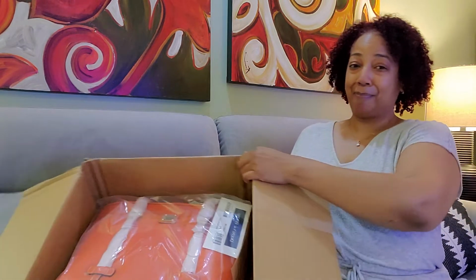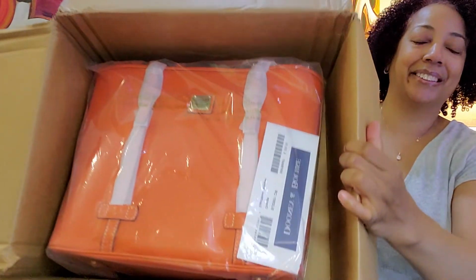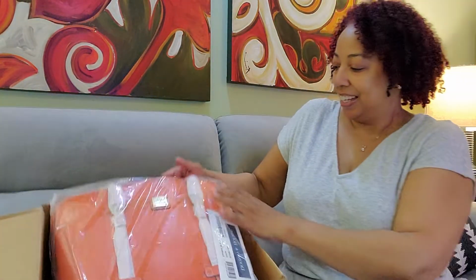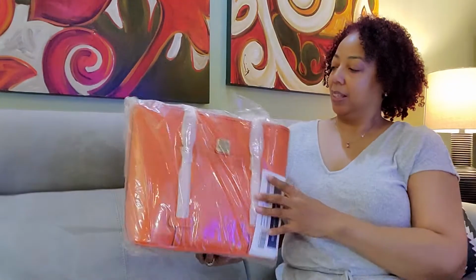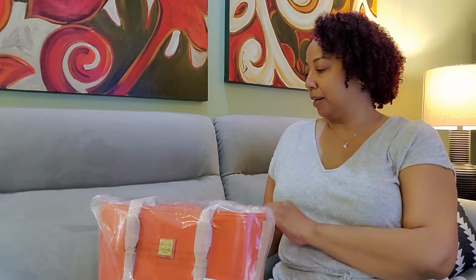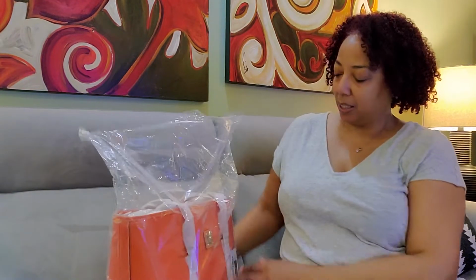Okay, this is my packing slip. And as you can see, yes, darling. Look at that. It is a Tote. So my other item is not in this. So I guess that's the next item coming, if it didn't come in here. So this is